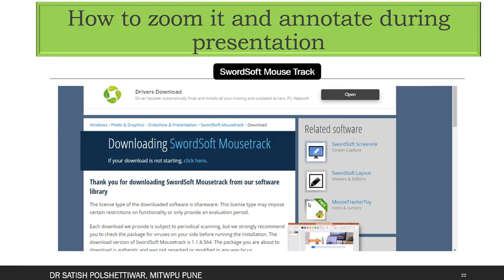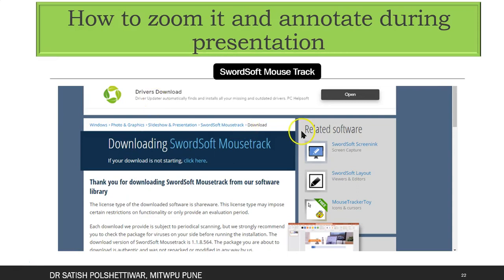Today, I am going to explore a very important tool that is going to be used for doing your presentations. The tool name is SoftOrbits Mouse Track Tool. This is a very useful tool for your presentations. It can put a spotlight on the area around a mouse pointer and show the animation effect when you click your mouse and display your keystrokes on the screen. This is very useful. Let us understand how to install and how to explore this tool during your presentations.